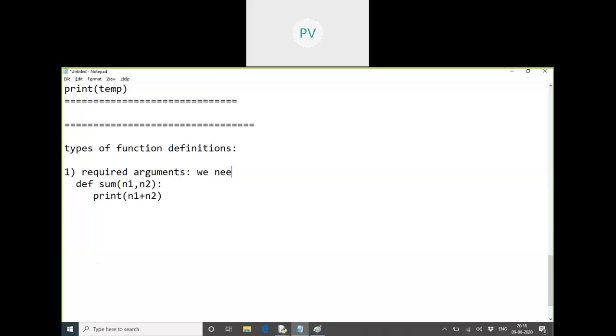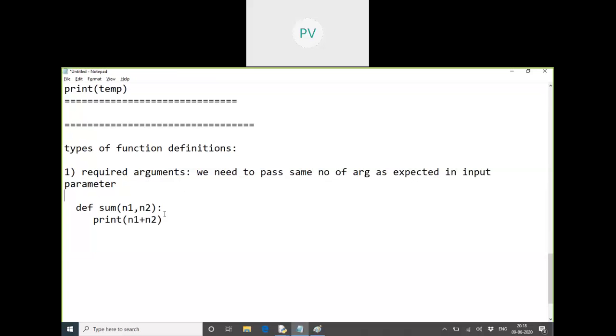We need to pass exactly the same number of arguments as expected in the definition, in the input parameters. Whatever is mentioned in the definition as the input list, it is expecting how many inputs? 2. So whenever we call this function, we have to pass how many values? It's mandatory to pass 2. We can't pass more or less.